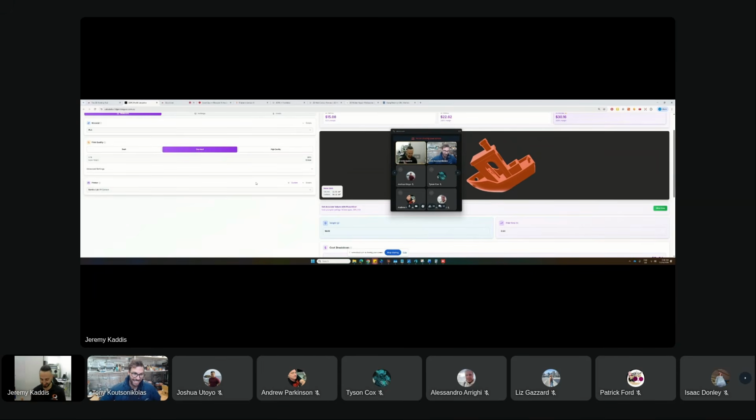Then we're like, okay, I want to be able to define materials for myself and materials for Tony and materials for Tyson and Andrew and Joshua, and they can have their own material sets. Then each one of us has different printers, so I want to be able to add my own printer in. Then I want to be able to define goals for myself, like I want to make $2,000 a month. I want to know how much material I'm consuming. I want to know how much electricity I'm consuming. Then I want to be able to hand that over to anybody and allow them to set it up themselves.